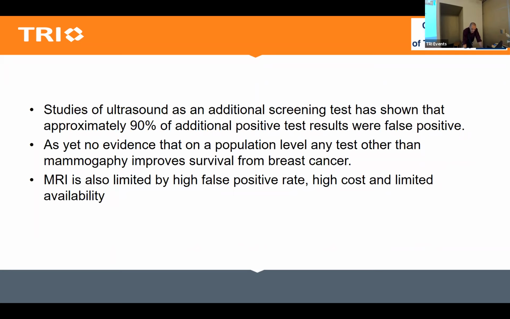And so what that means from a government or a funding point of view is increased cost, increased false positive rate, potentially increased treatment of things that turn out not to be cancers, and that means decreased resources for other things. So throwing more resources at it without a good evidence base is difficult,